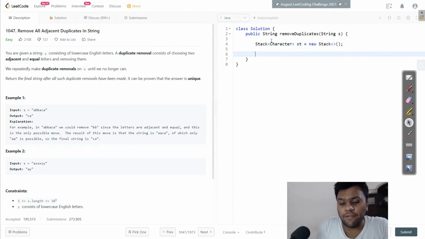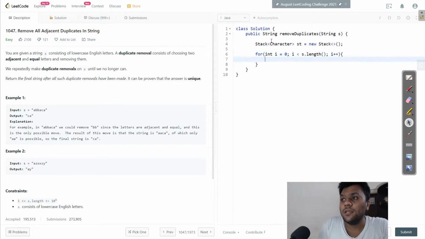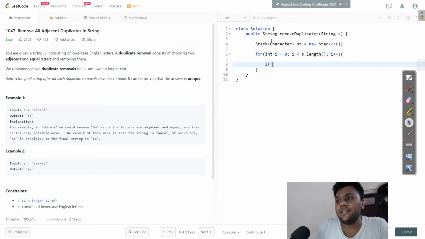Alright, guys. Now what I will do, I will run a for loop from int i = 0 to the length of s, i plus plus. Alright, guys. Now I will run an if condition. I will say if my stack is not empty,